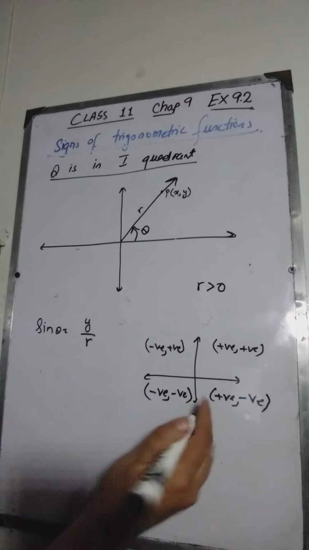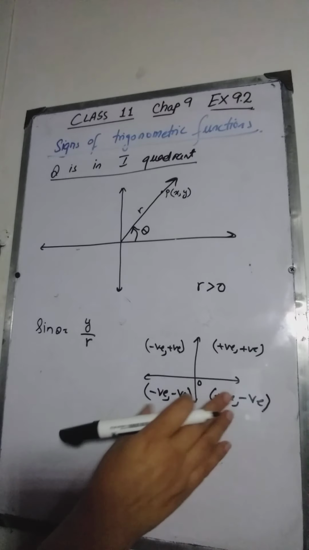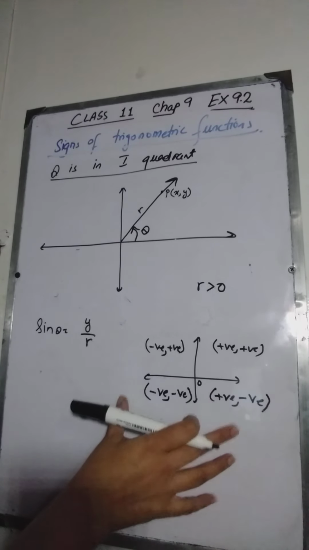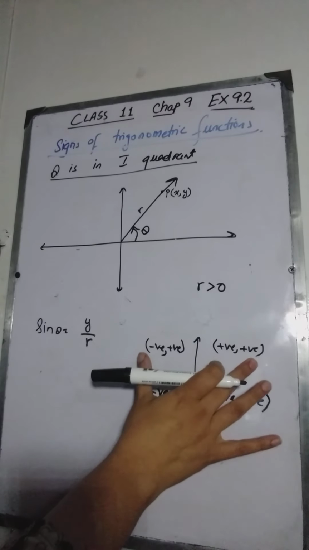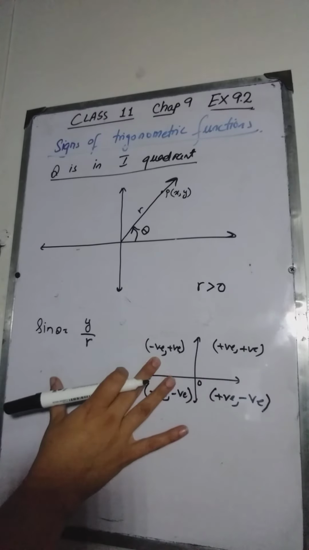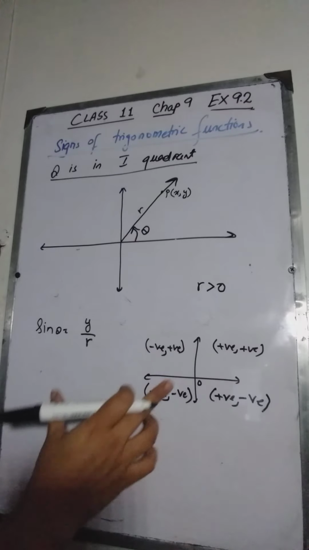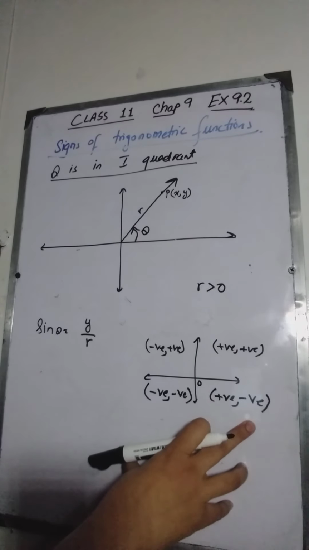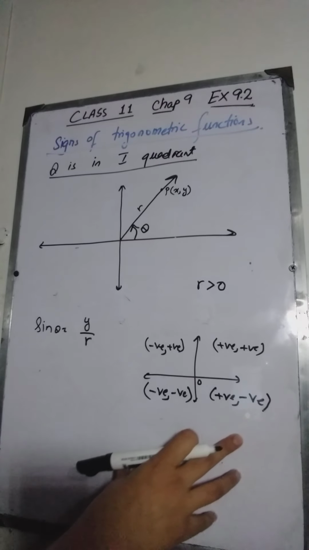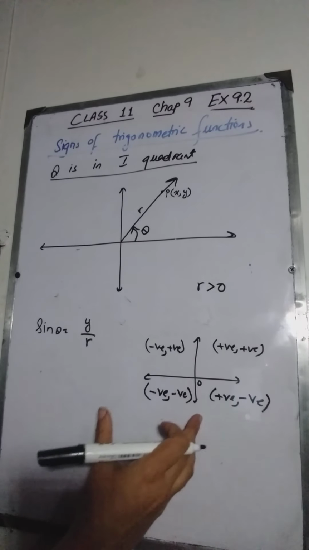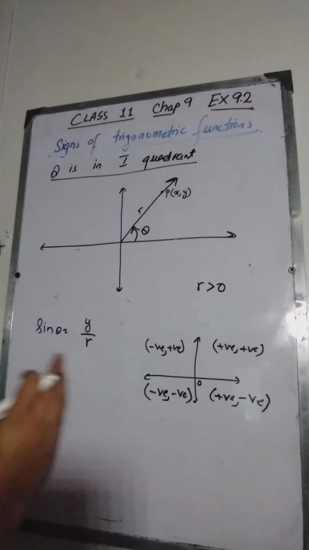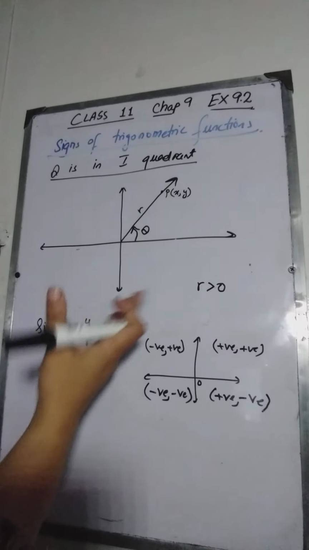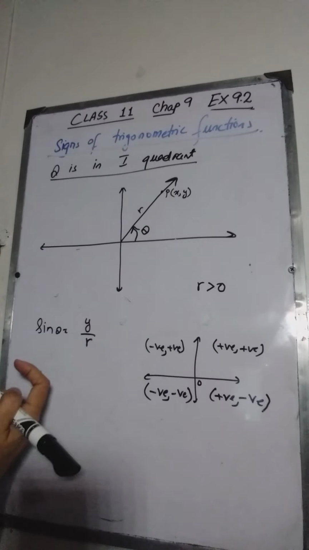We know this from the definition of the Cartesian coordinate system we did in class 10: if a point lies in the first quadrant, both the coordinates are positive. If it lies in the second, x will be negative, y positive. Here x negative, y negative, and x positive and y negative. This will help us in finding out whether the signs of the sine and cosine of the angles will be negative or positive.